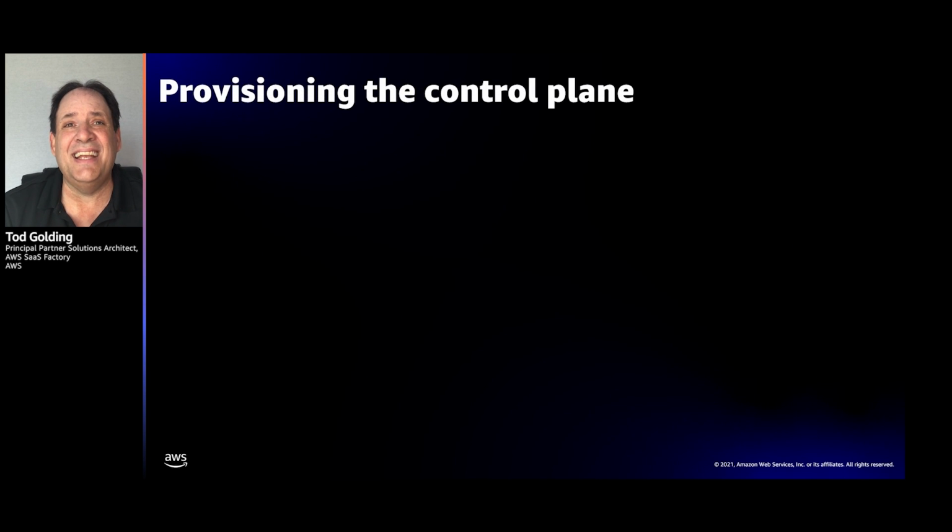So now let's dig into the control plane part itself first. Let's start there and look at what happens when you actually provision the control plane, because I showed you this high-level view of the control plane, but the reality is there are a lot more moving parts to that control plane and a lot of automation that happens behind the scenes to bring to life all the moving parts of that control plane.